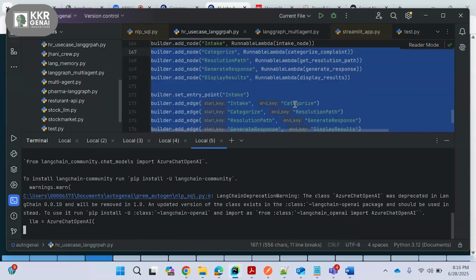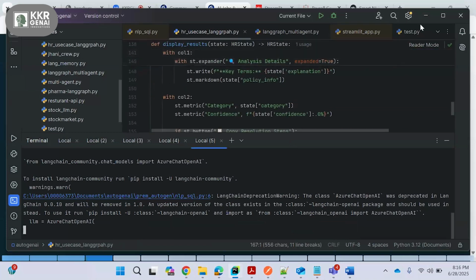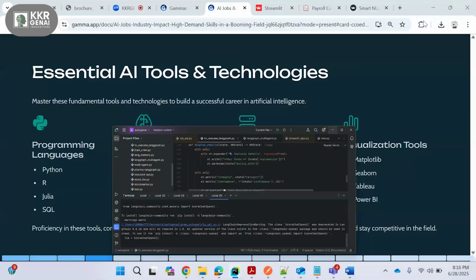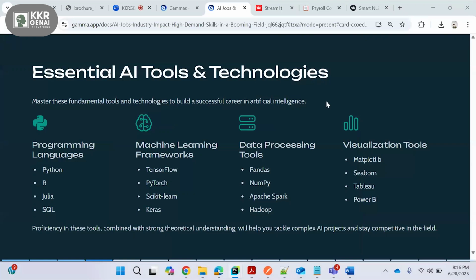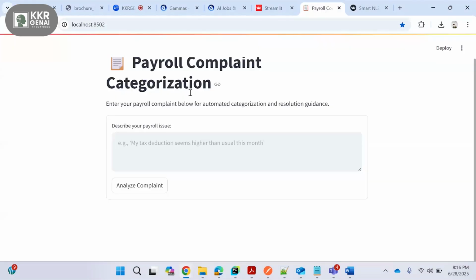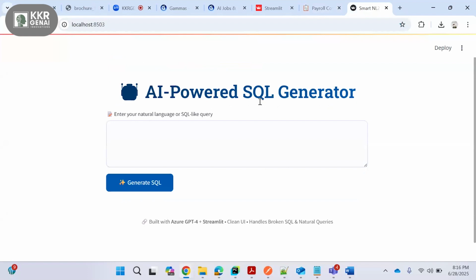Okay, now everything this program does can be replaced with tools. If you are working as a non-programmer and you wanted to build a similar application, the application you see here, consider this an AI-powered SQL generator. Now consider you don't have any experience with SQL databases as a database engineer, and you wanted to build some SQL query to retrieve data from the databases. Now what you do with this AI application is ask,